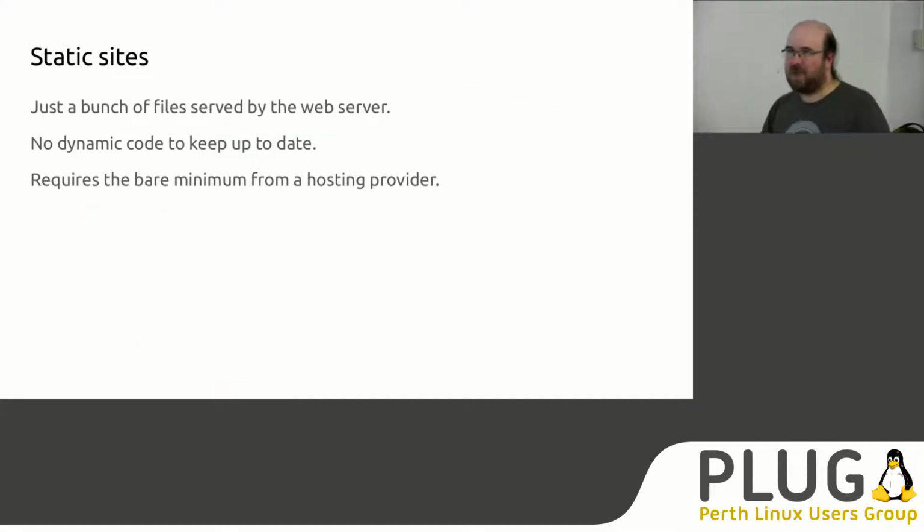So again, a static site is at its heart just a bunch of files sitting on a hard drive with the web server in front serving it up. There's no code which runs when the users visit the site, or no server-side code at least, which basically means you could potentially set up a static site. If you've got automatic security updates installed on your server, then